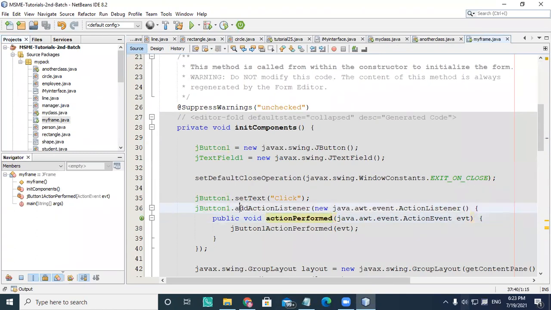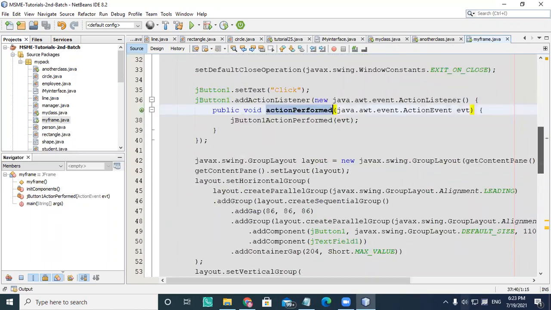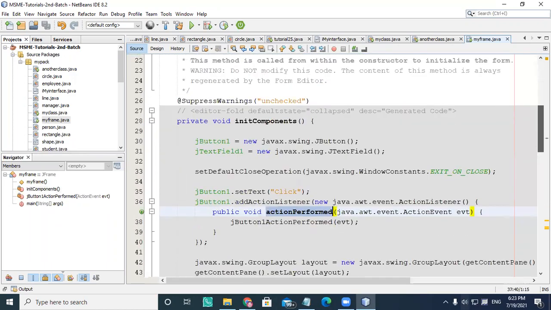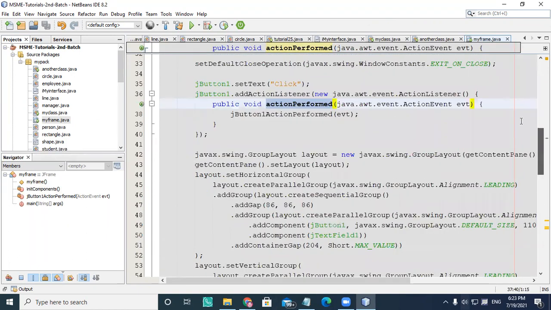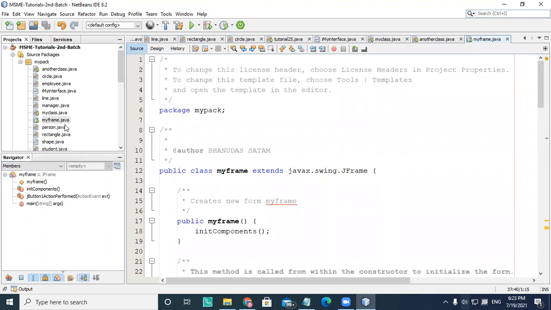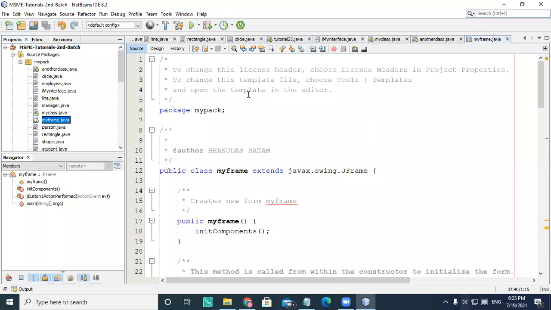So directly you can add a listener, which is an interface object you are passing here, and you can create the body of actionPerformed. Once you create the actionPerformed body, everything automatically takes place in a JFrame. So don't get confused with the big coding. I know where I am supposed to write, but I'm going to give you a simple interface design in Swing, how it takes place.